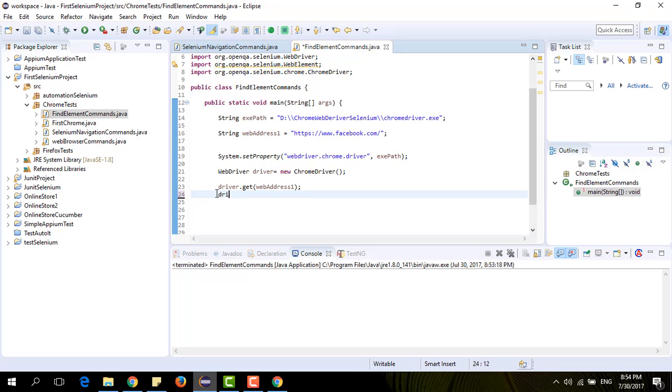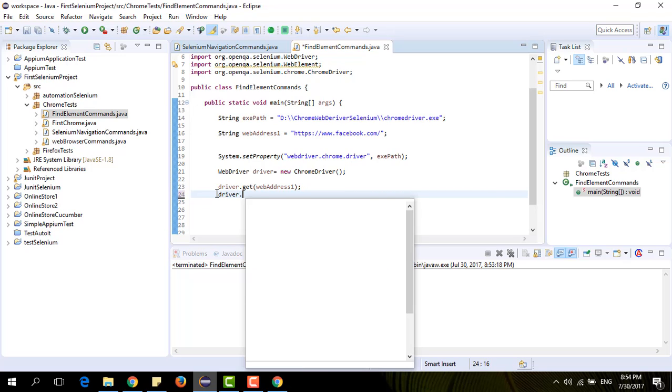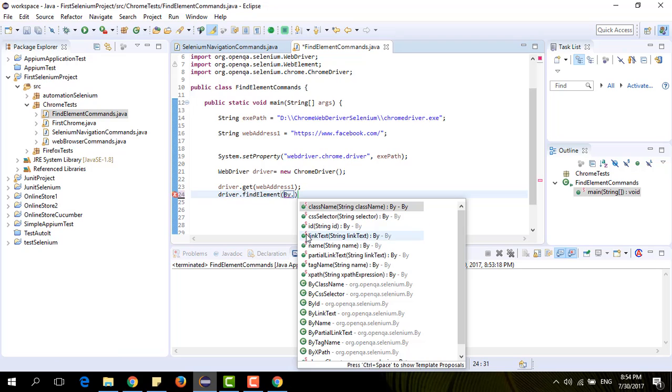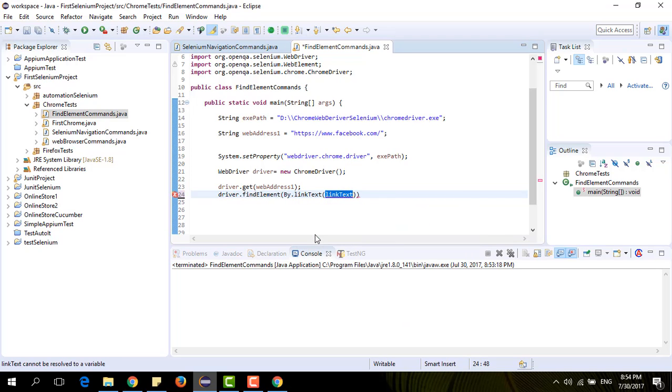So driver.findElement by, and this time let's try linkText. With this you can find elements of the anchor tag, the A, with the link text. So we use this locator when we know the text used in the anchor tag. Alright? So let's go and